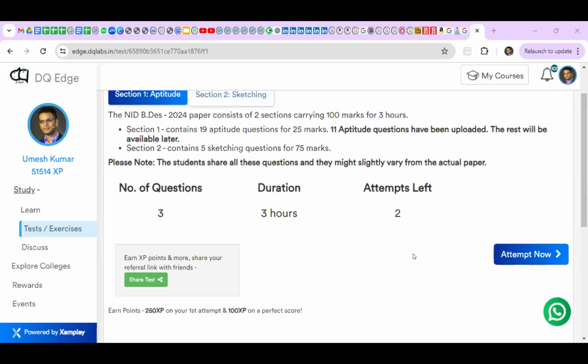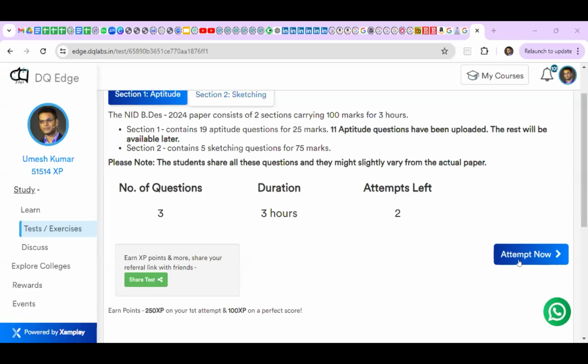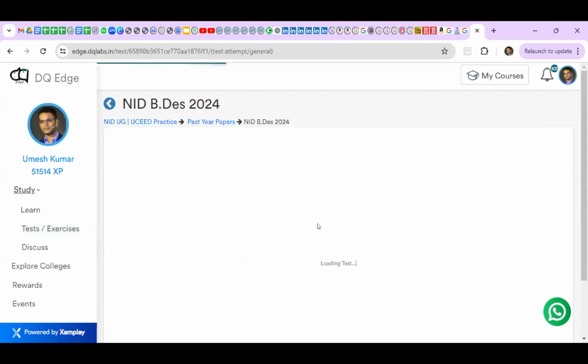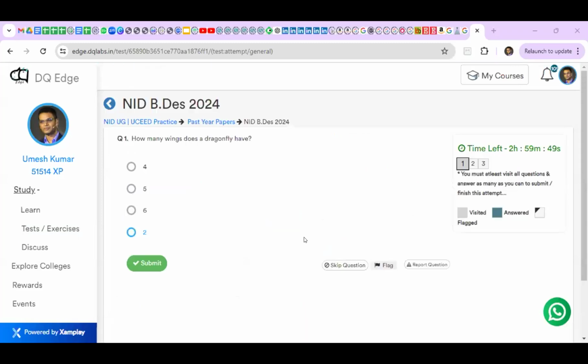That kind of thing is called metacognition, which means understanding of knowledge of your own knowledge. How much do you know? What is the strategy that is working for you, etc. So we have that kind of a method that we capture, and it is a patented technology. So let us quickly go through the theory part of 2024. I think all the questions are not added here, but there are 3 questions.